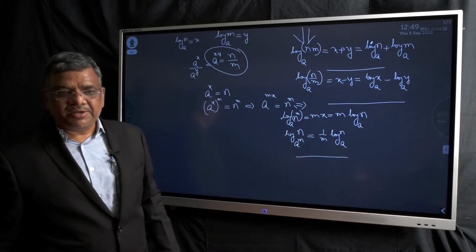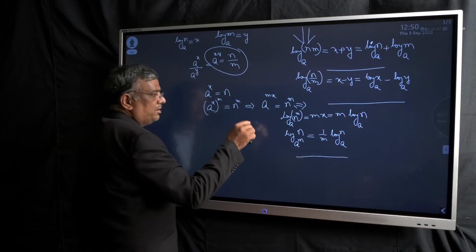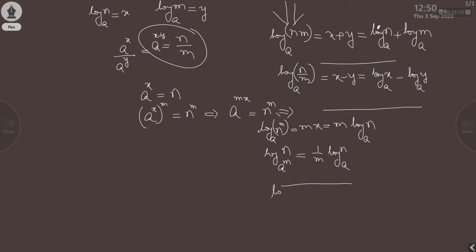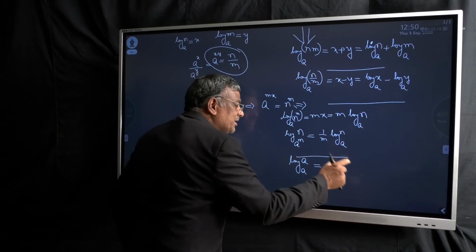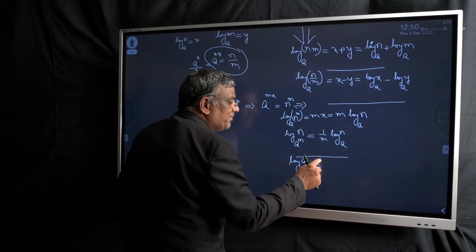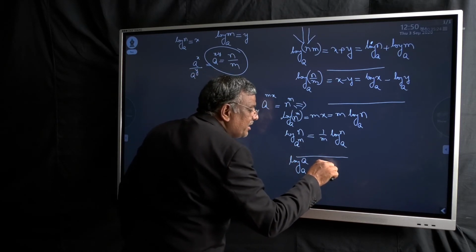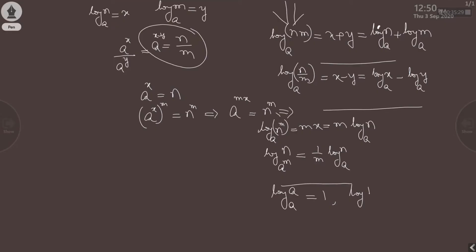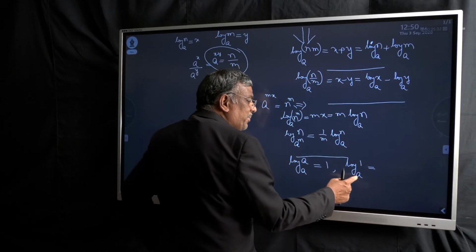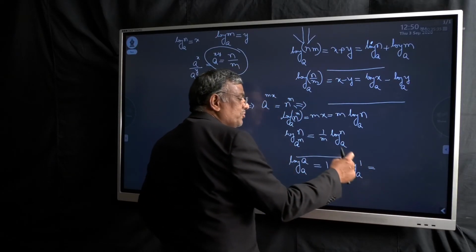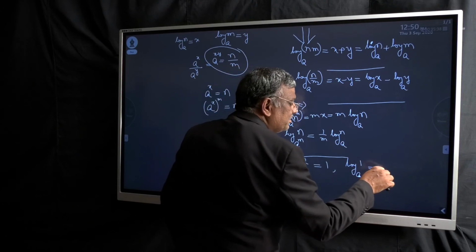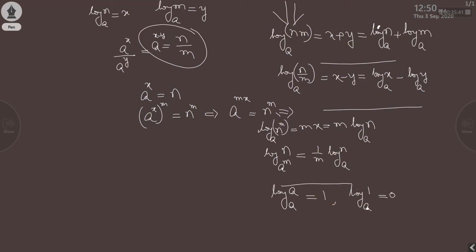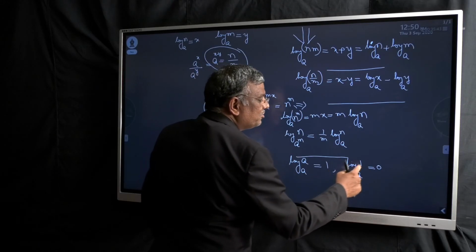So this is exactly the properties, and not only that, from the definition of logarithm we will get some more things. Log a to the base a, that is, the base power must be raised so that its value becomes a, because a power of 1 is only a, therefore this value is 1 only. And similarly, logarithm of 1 to the base anything, that is a power something must be raised so that its value will become 1. So a power 0 only will become 1, which means log a to the base a is 1, log 1 to the base a is 0.